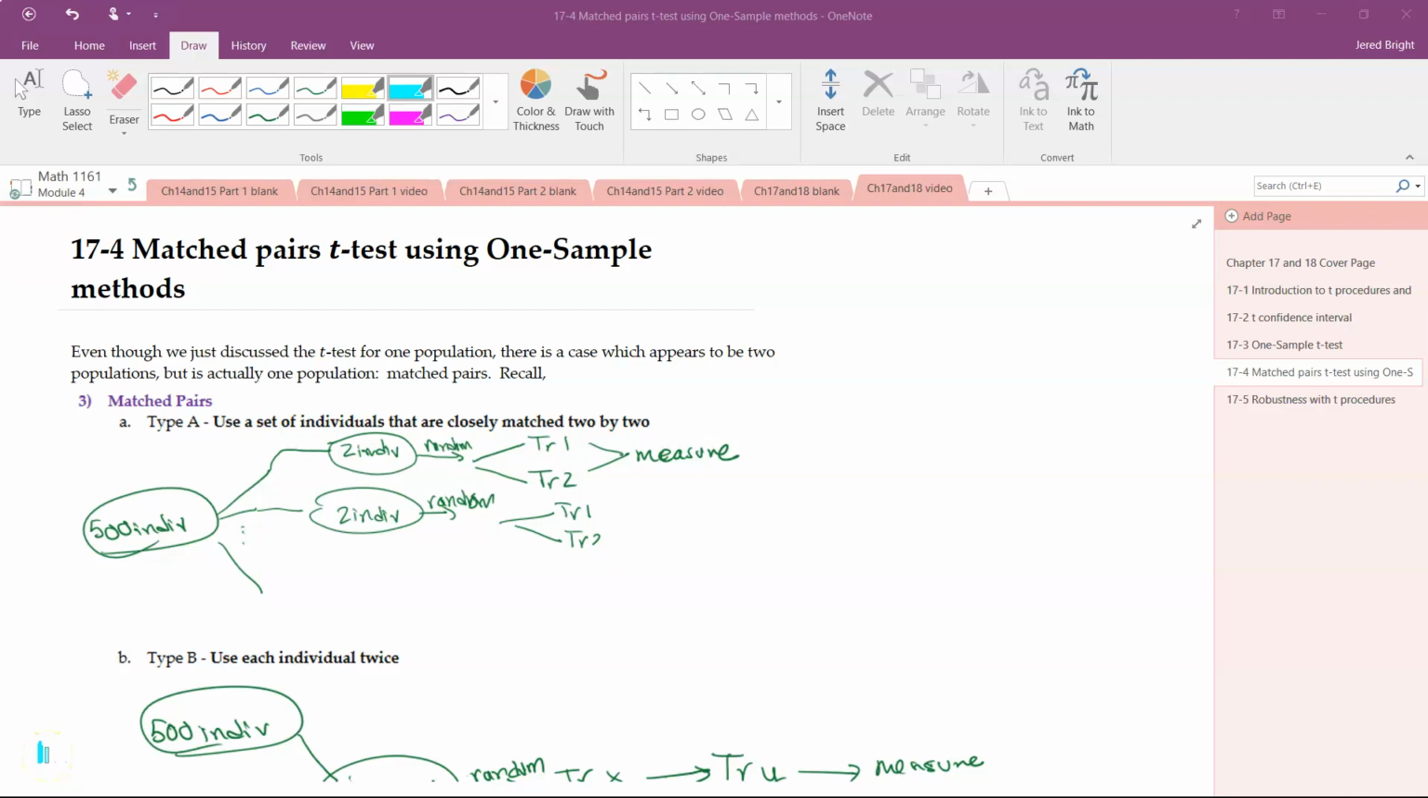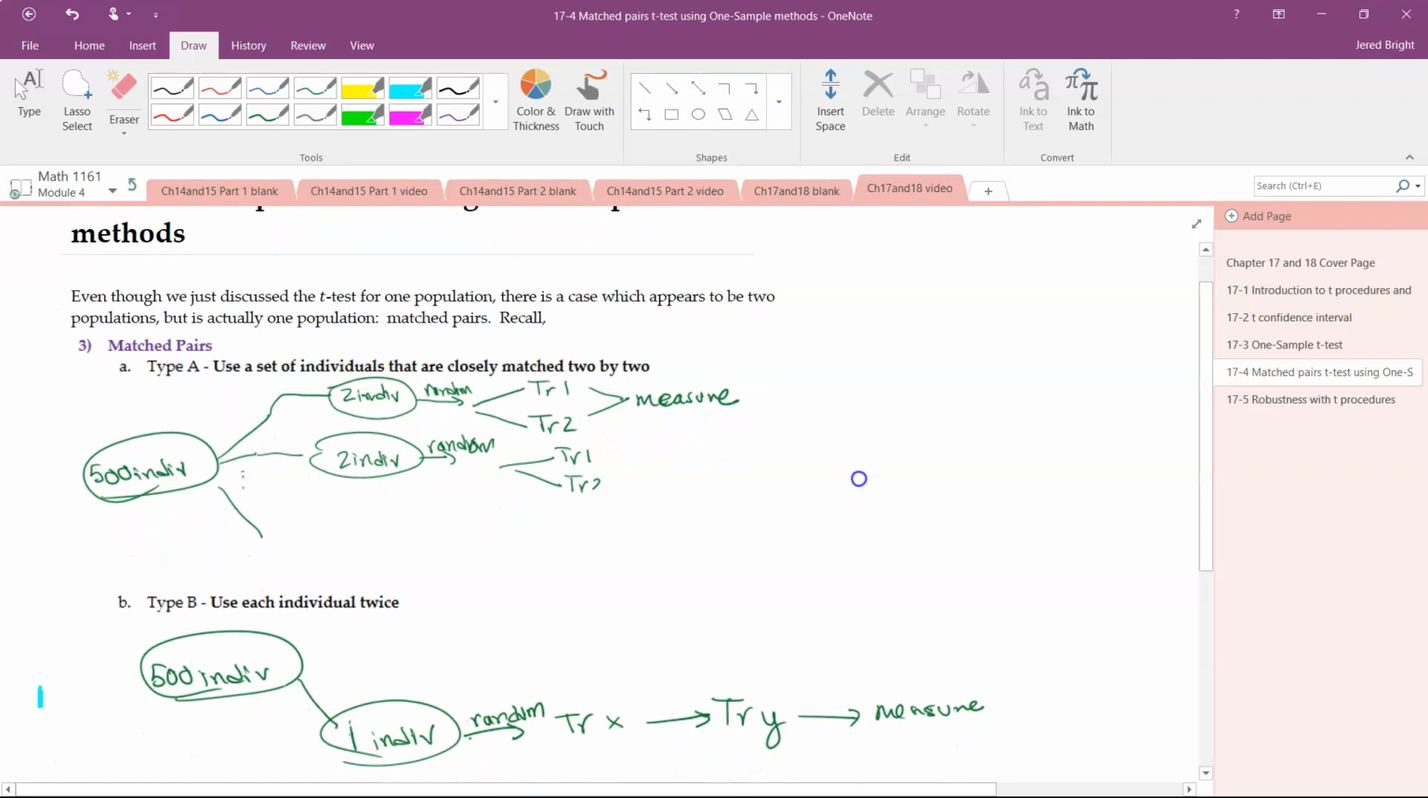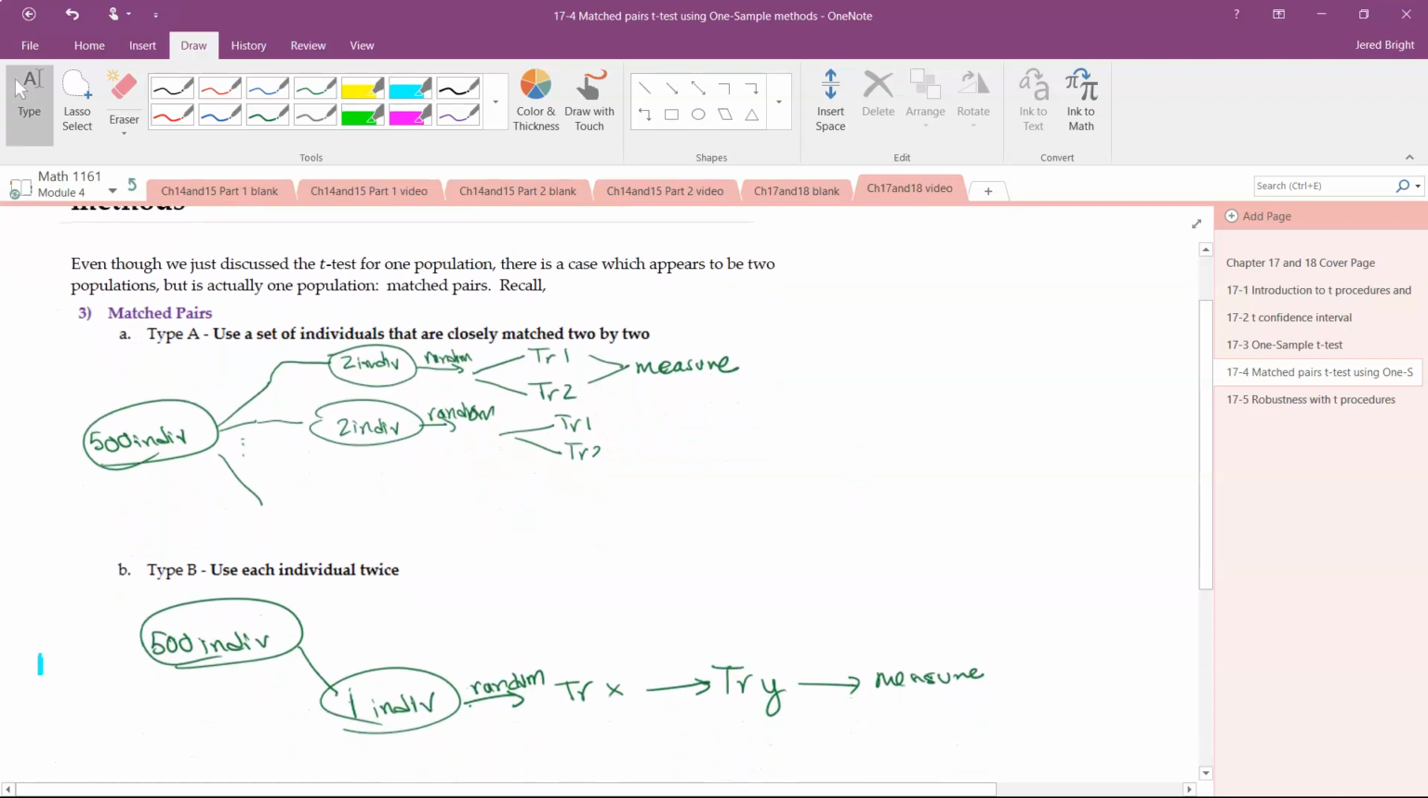There is a type of experimental design that appears to be two populations, but it's actually just one, and that's the matched pairs design. Just as a reminder, there are two different interpretations of matched pairs. I've copied and pasted what we had previously discussed, but the idea is that since we are effectively matching two closely related people, that's effectively the same person, or again taking one person through both treatments, that's